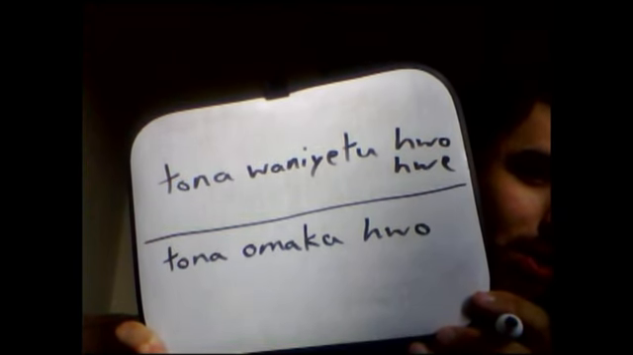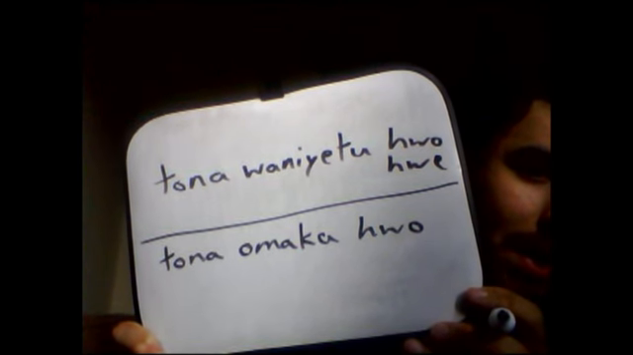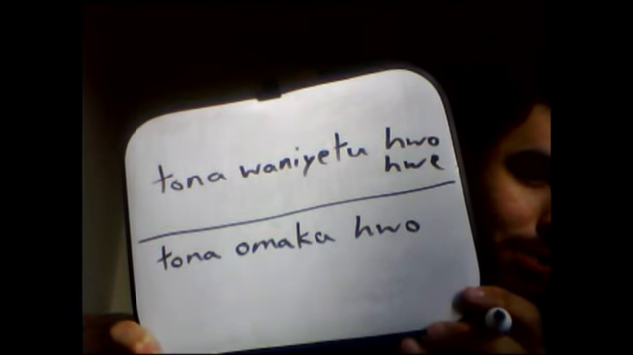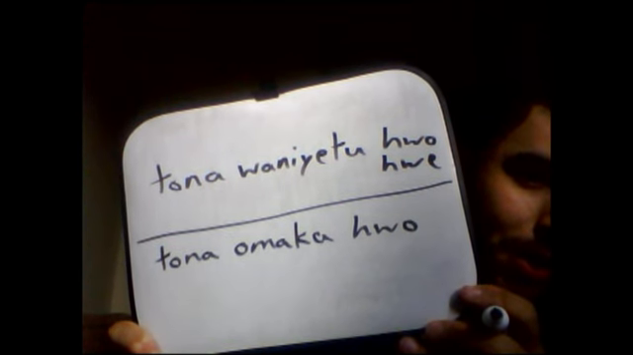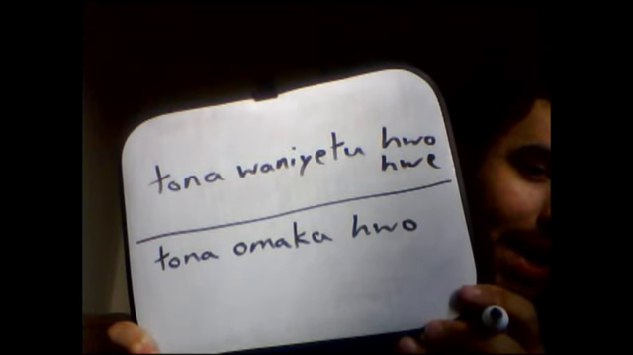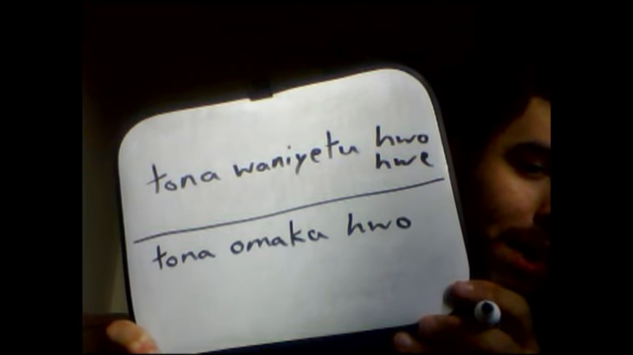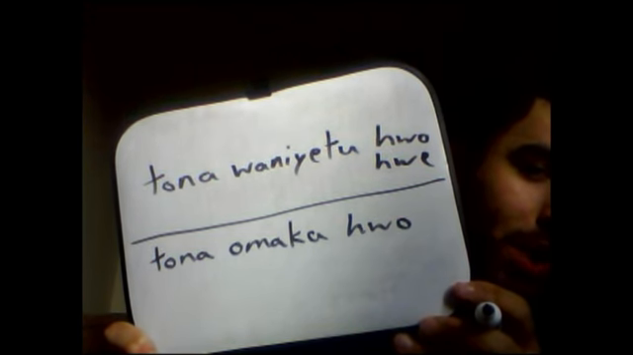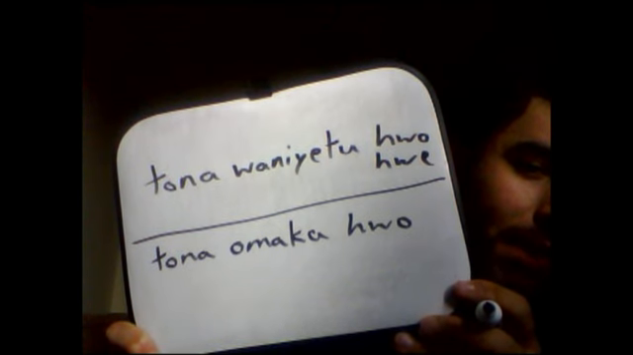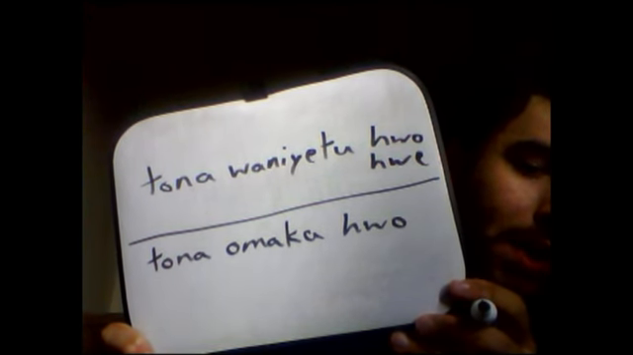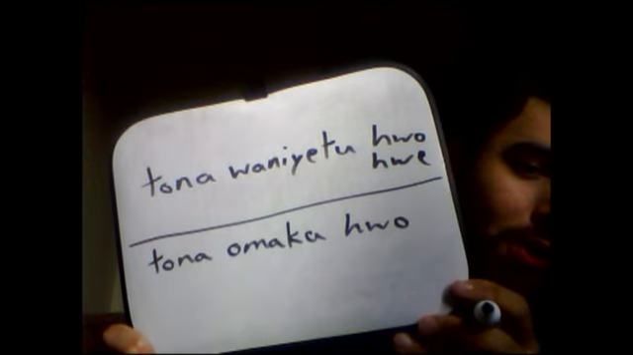So ni is implied in between tona and wanietu, but it's not necessary. Tona being an adverb, it always goes at the beginning. It's a basic interrogative, which means how many, and wanietu is winters. And then, of course, as I said before, huo, if you're a man, hue, if you're a woman, is a marker word that